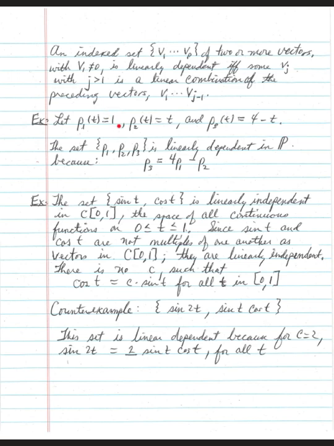If you take 4 times p1, that gives you 4, minus p2, that's negative t, and that comes out exactly to p3. So it is linearly dependent if any of them can be written as a linear combination of the other ones,